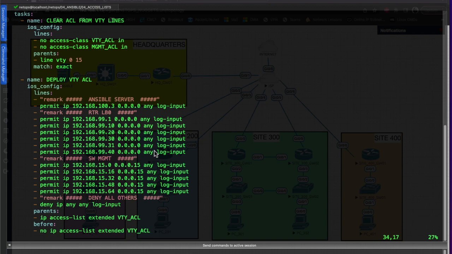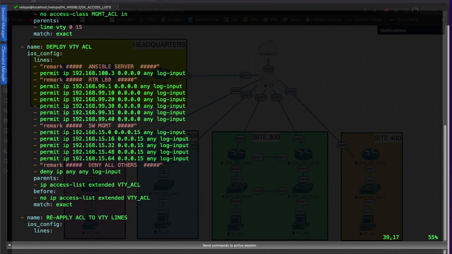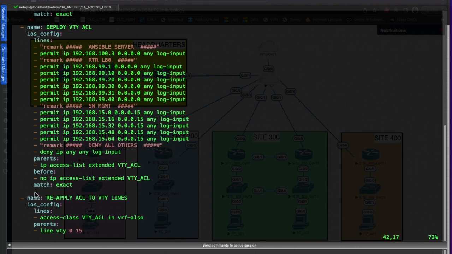So anytime somebody from the server logs in, it's going to log that into our local log file and then to our centralized management syslog server. Okay, we're going to match all that information exactly,